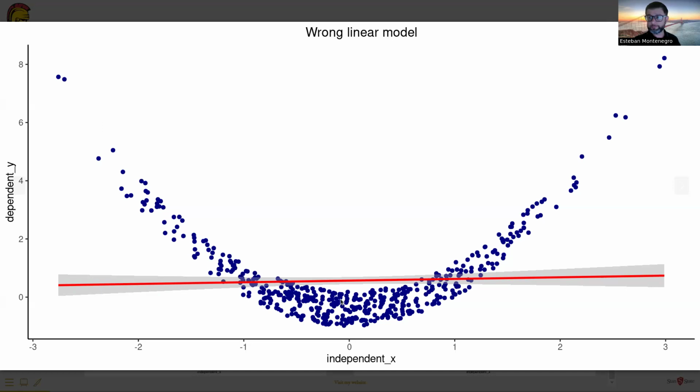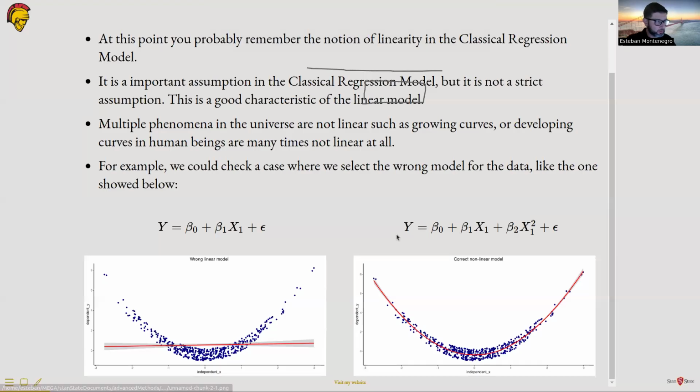But there is a problem, right? The problem is that this is the model that we are trying to fit to this data. This is the model that we believe is the good model for this data. But look at the observed data, look at the collected data. It doesn't look like a good fit for a linear model, right? We cannot assume this is linear. I mean, look at how far the data points are from a linear regression model. So probably this type of model is not the best, right? But we could